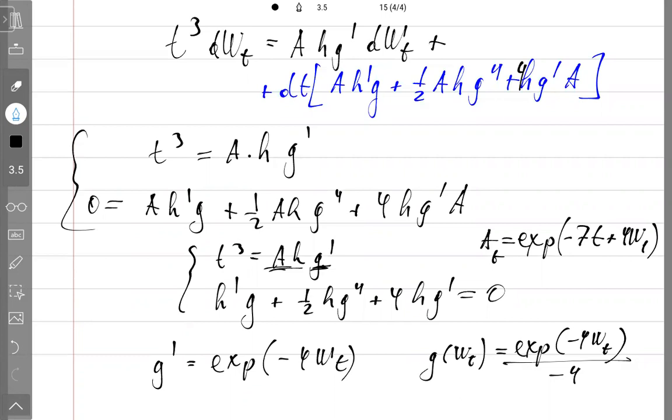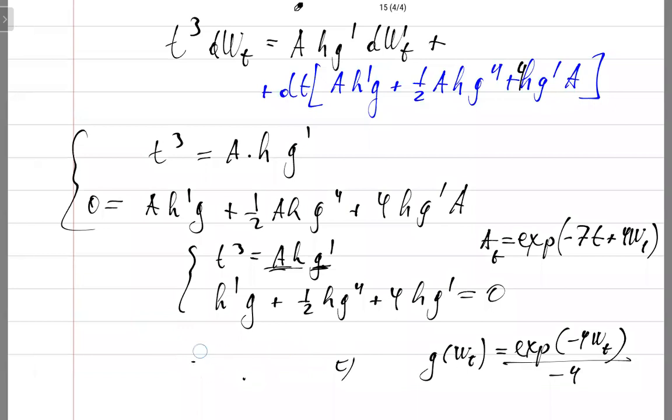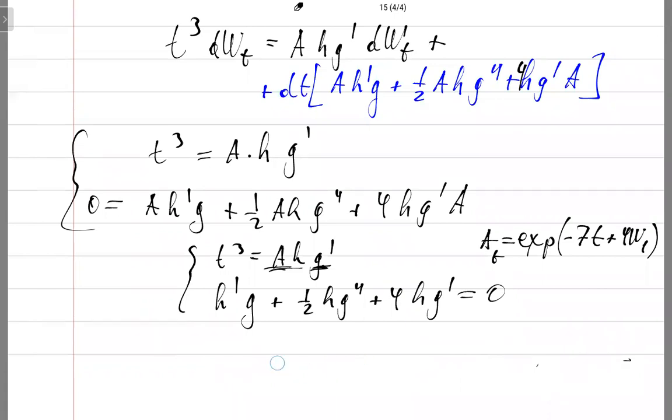So let me copy the equations. H g prime. Because I believe by multiplication on AT, there will be no WT left. So YT will be just a function of T, which is wrong given our first equation. Yeah, you are right. We can see it easier. Yeah, we can arrive at a contradiction a little bit faster. Yeah, I will also arrive at a contradiction, but your way is to see that this is